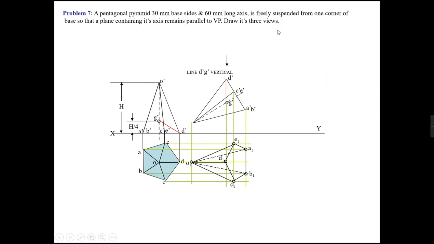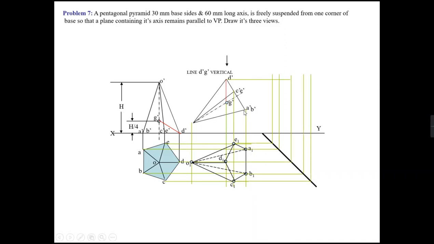Then I have to draw the side view of this solid. So again I will draw the straight line here, meaning I am looking at the solid from this side. If you look at it from this side, the base of the solid will be hidden, while all these slant edges will be visible. So after marking all these points, all these slant edges will be visible.